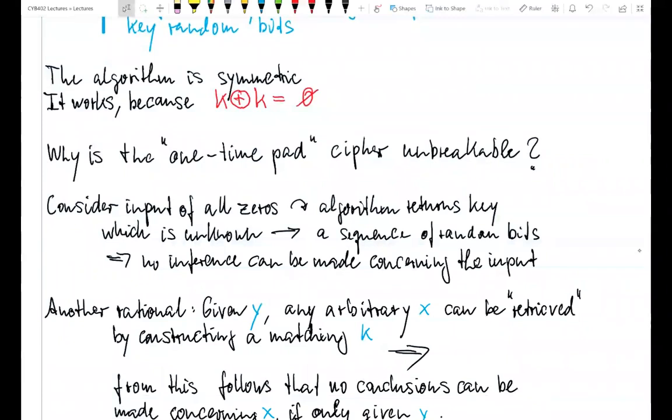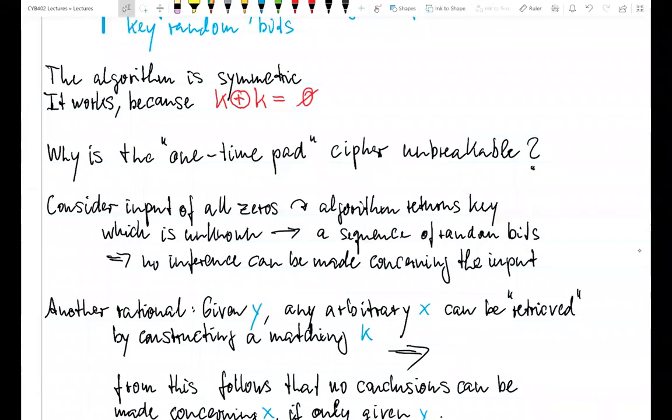He provided a theoretical proof that this is absolutely unbreakable. But I would like to go on a slightly more popular, easy to understand approach,